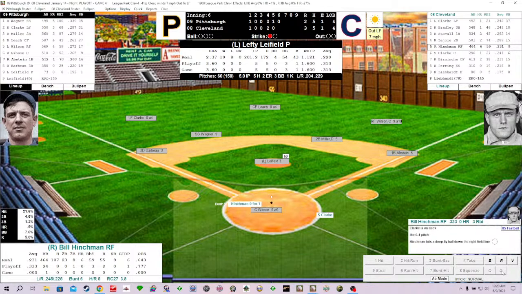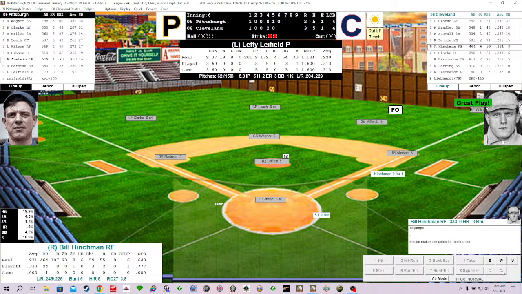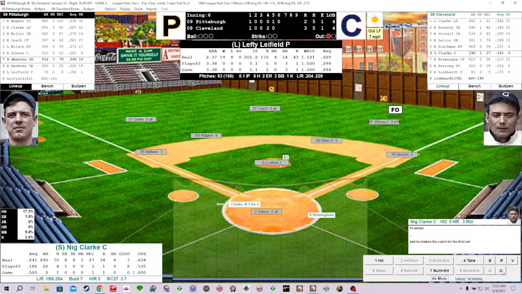Leifield deals to Hinchman. The 0-1 fastball. Hinchman sends this one foul on the first base side. And this one just out of the reach of Chief Wilson. Tries to jump into the stands, but this one about 4 rows back. So the count now 0-2 on Bill Hinchman as the delivery comes in. Fastball. He straightens it out to right field and deep. But Chief Wilson, leaping grab, slams against the wall and makes a great play in right field. So out by Bill Hinchman. Right fielder flies out to right fielder for out number 1.